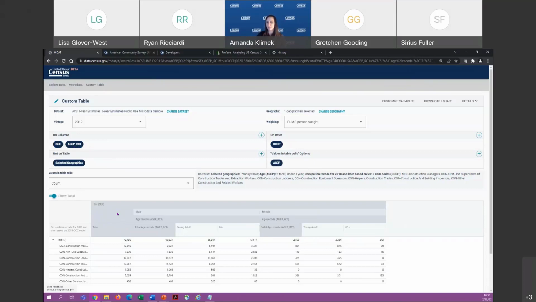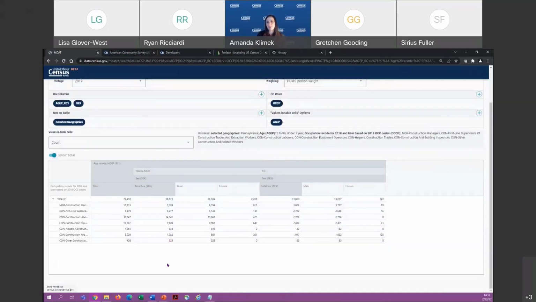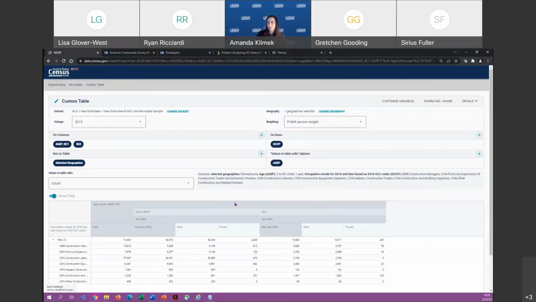And so you can see here, now we have male, female, and we have it broken down by these young adult to 65 plus categories here. If you want, you can actually reverse these. So if you would rather it be broken down by the age categories and then broken down by male, female, you can just drag these and switch them. So it really depends on what you want to use in your analysis and what you want to present. So I think this table is pretty good for my analysis. I think I'm ready to save it and use it in my work.